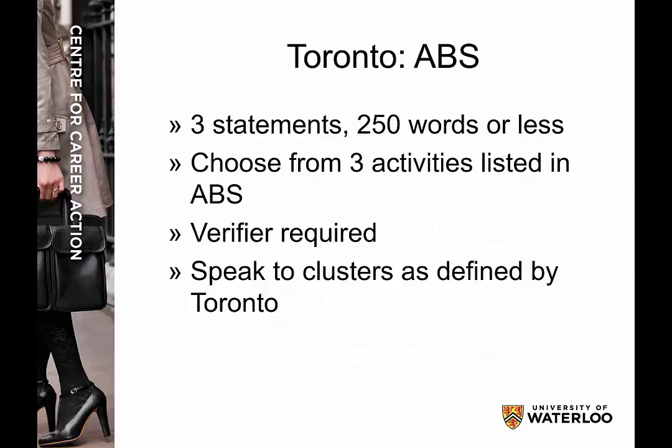Toronto also wants you to write 3 brief statements in 250 words or less, outlining 3 activities or achievements, and describing how each item exemplifies one or more of the clusters of professional, communicator, collaborator, manager, advocate, and scholar. Remember that you need to include a verifier for the activities described in the essays. You can put the number in brackets and make sure they are on your verifier list.